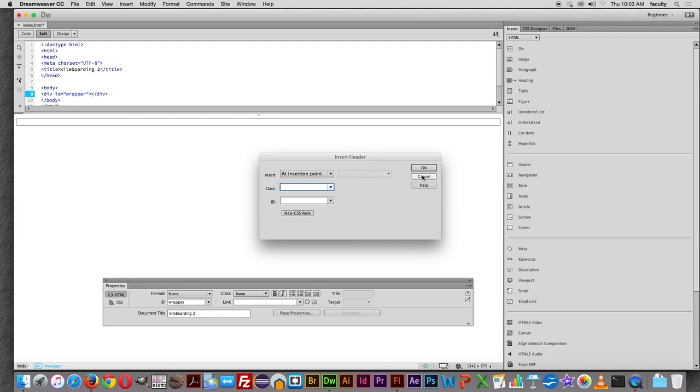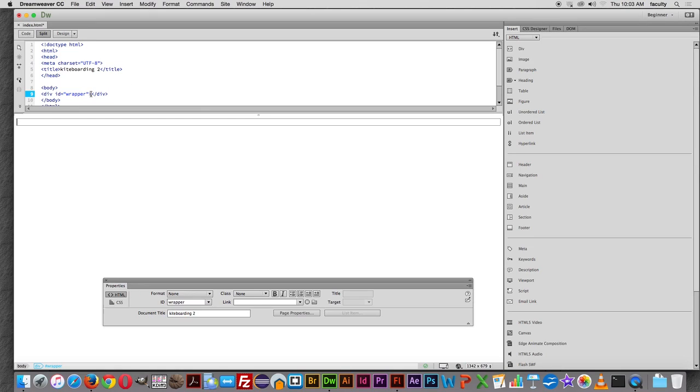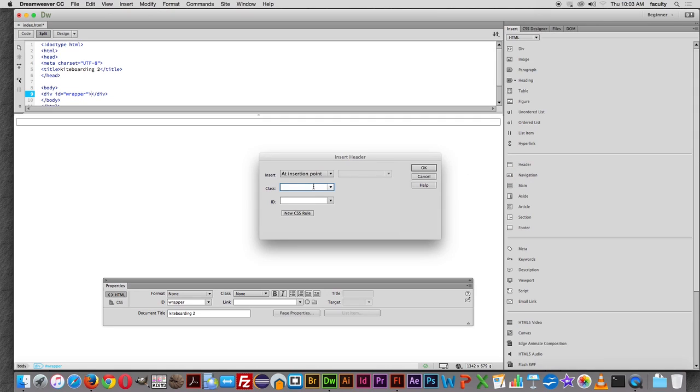And before I do that, I want to make sure that my cursor is blinking inside that div container, which I can see over here in my HTML tag, and I can see by clicking inside of it. Before I go ahead and insert the header. So I'm going to click header. Then I'm going to just give it an ID again, my underscore header. You can name it whatever, but